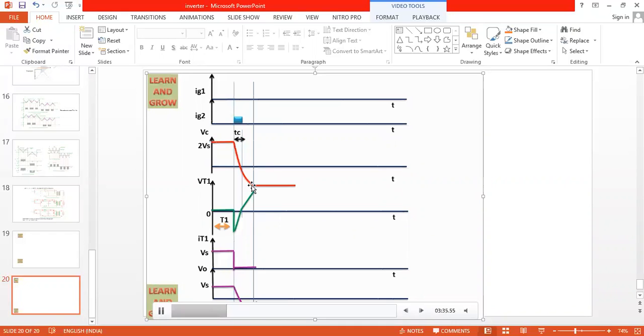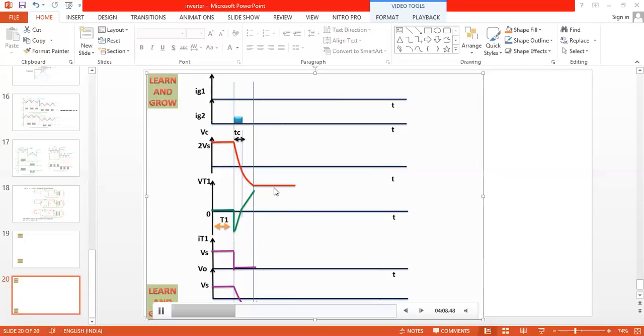Capacitor, yes, it maintains the minus 2 Vs. The capacitor discharged and it recharges to the minus 2 Vs value, opposite polarity. Again, it has to start to discharge. I hope this is understood. And output voltage is also equal to the capacitor voltage. But capacitor voltage will be twice because it is placed across two windings, upper winding and lower winding, but output voltage will be equal to Vs. It will also increase in the opposite direction. I hope this graph is important.